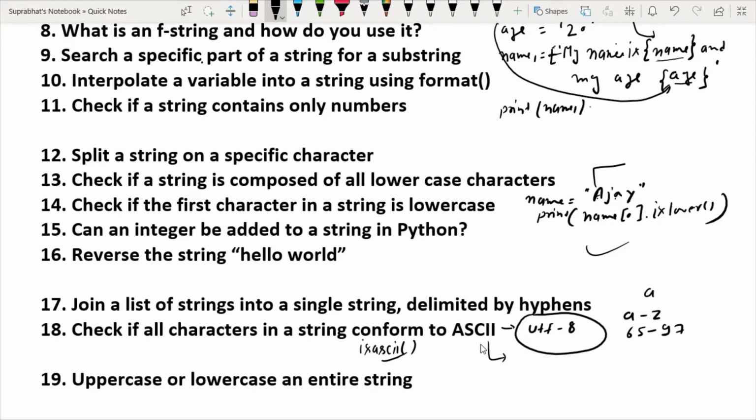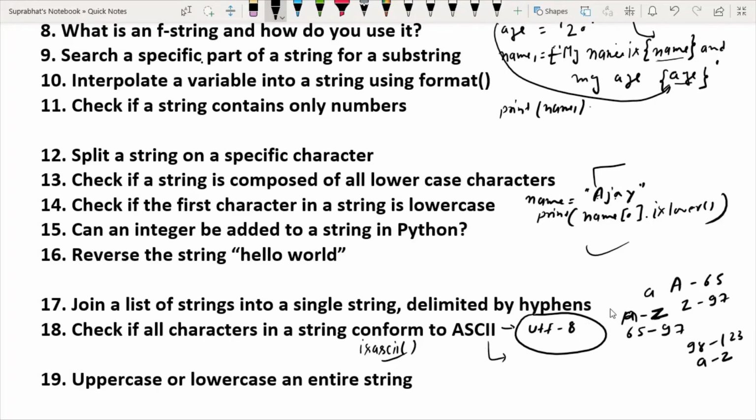For example, capital A to Z is from 65 to 90, and from 97 to 122 for small a to small z. These codes are unique and the same for every country's keyboards.